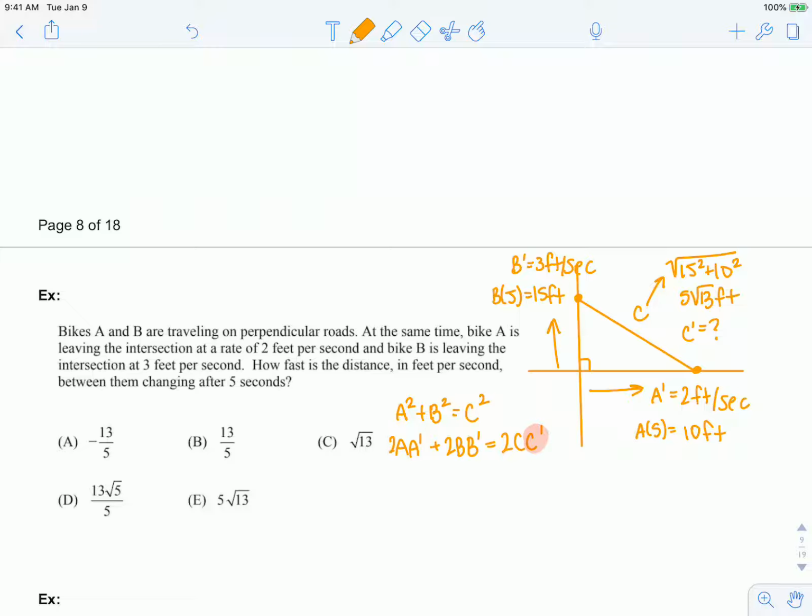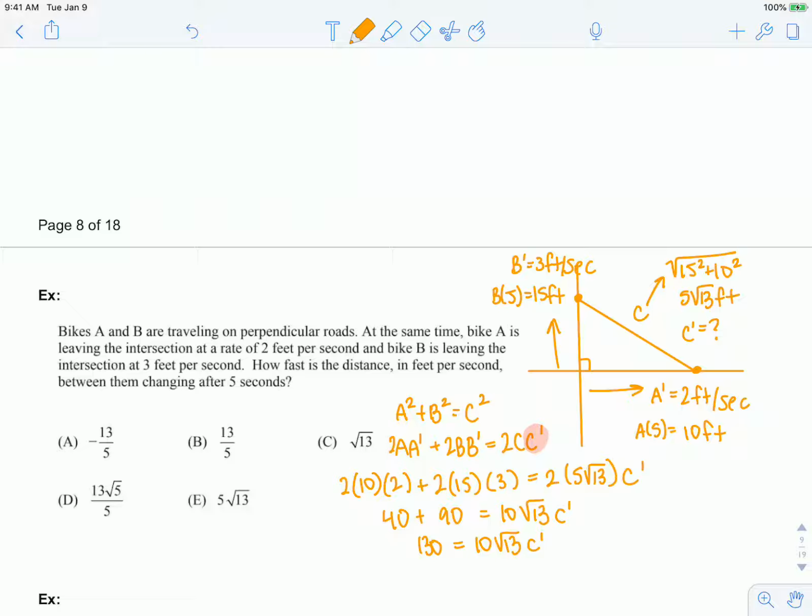So we'll plug in what we know now. 2 times A, which is 10 feet, and A prime is 2 feet per second, plus 2 times B, which is 15 feet, and B prime is 3 feet per second, is 2 times C. C is 5 square root 13 feet, times C prime, which is what we're solving for. So we have 40 plus 90 equals 10 square root 13 C prime, or 130 is 10 square root 13